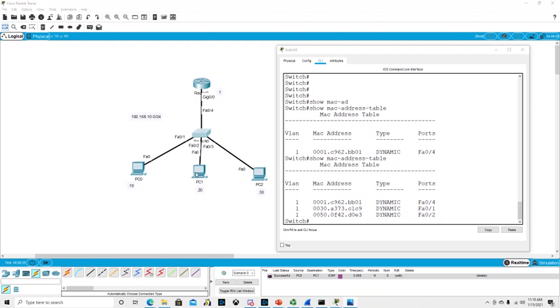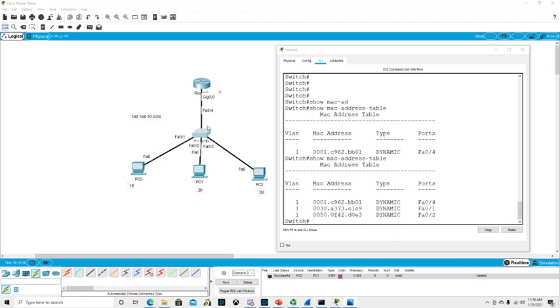Well, the source MAC address is going to be PC0. The destination MAC address, however, is going to be all Fs because it doesn't know where that device actually is. So it sends out essentially a broadcast message, or partially built message, and forwards it up to the switch. The switch then looks at it and goes, well, do I know where that device actually is? No, I don't. So it forwards out a broadcast message towards all of our devices,